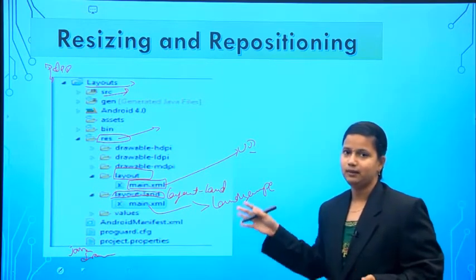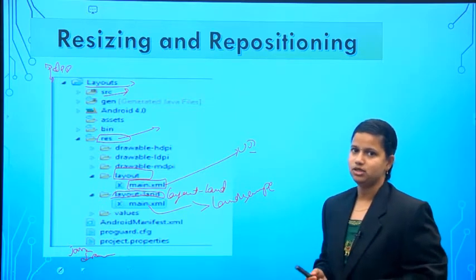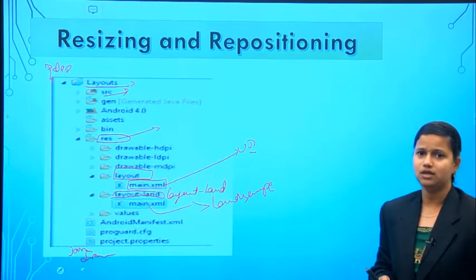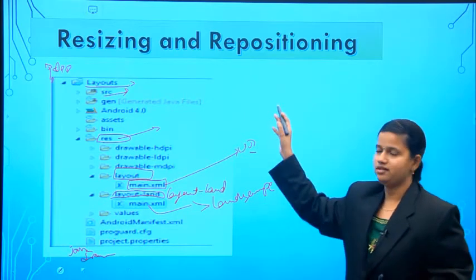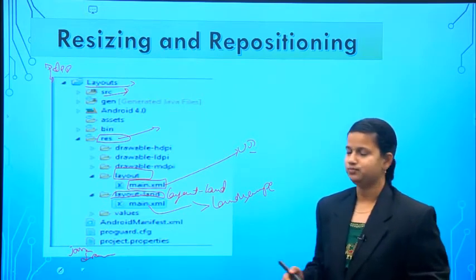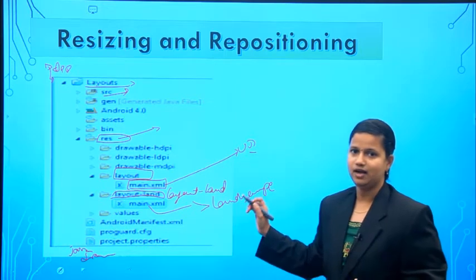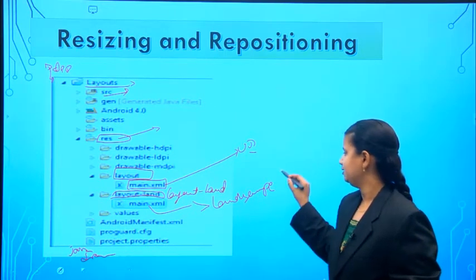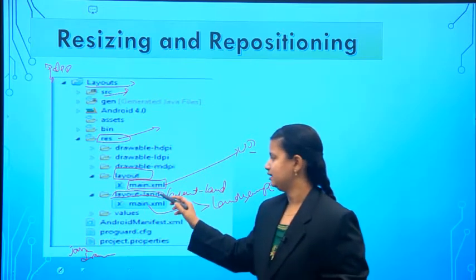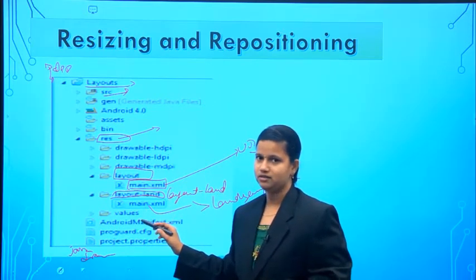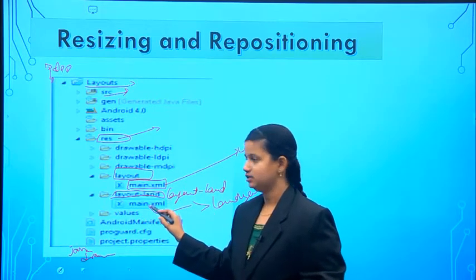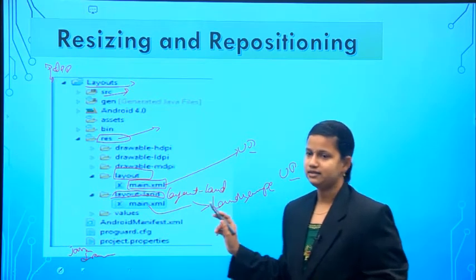So this is a technique we are applying in resizing and repositioning. Anchoring of views is nothing but adjustment of your screen to the four edges of the screen. But in this resizing and repositioning, we have to create a different folder to maintain the layout, to maintain the user interface in the landscape mode. In that folder, we have to maintain an XML file. That XML file is the implementation of a different view, that means a different view regarding your landscape mode.